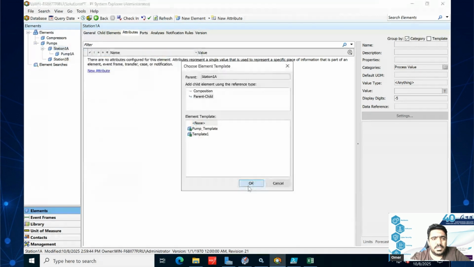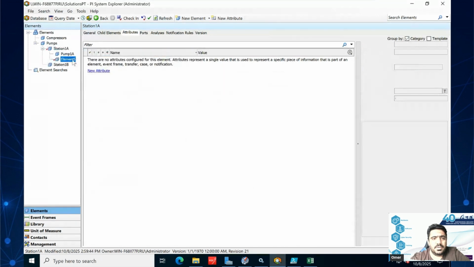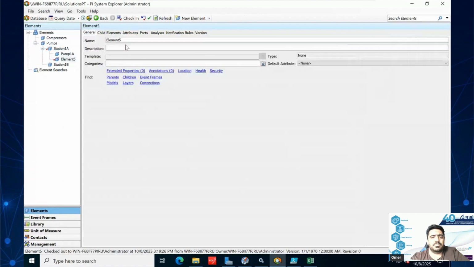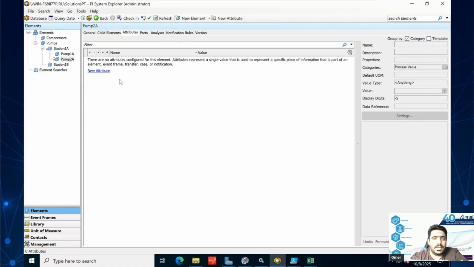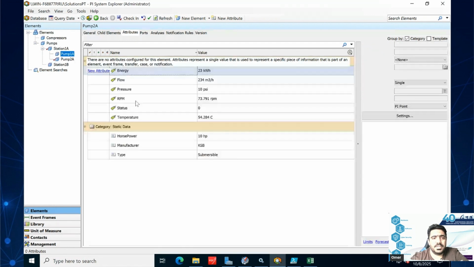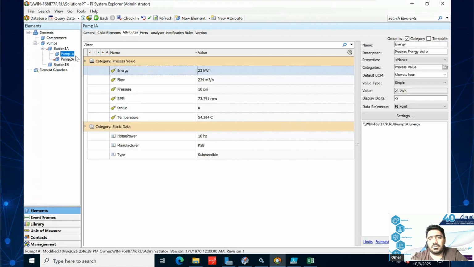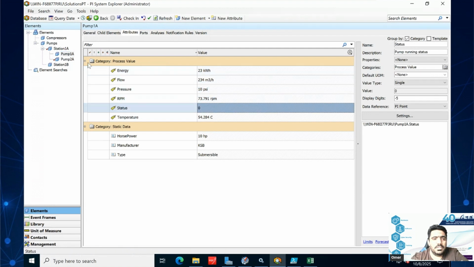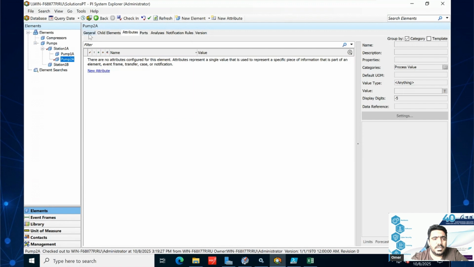For example, I don't select any template, and I put the pump name 2A. So it's just a raw element with no attributes, and if I copy these attributes manually from here, even if I copy-paste this element, I have to change all these tags one by one. So what I do, I will simply go there and change